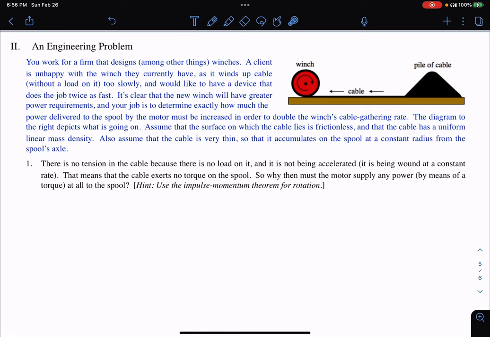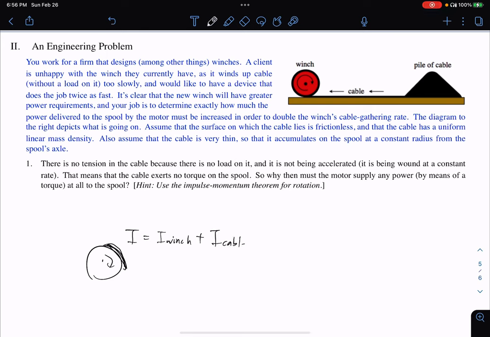So even though the cable is not pulling anything, the cable itself has some mass density, so it is not massless. So when we have more cable on the winch, let's say we have some, here's the cable, we have some cable on the winch, then the moment of inertia will be that of the winch plus the